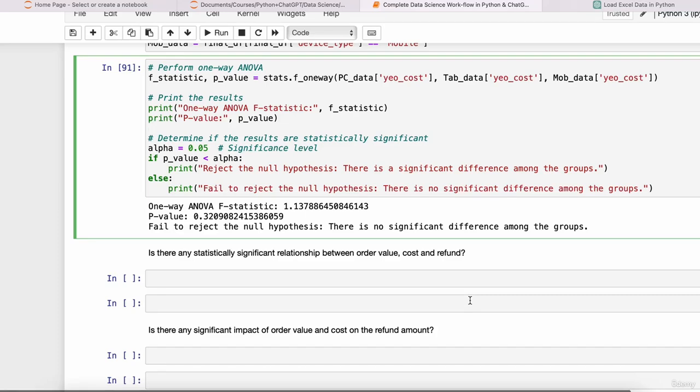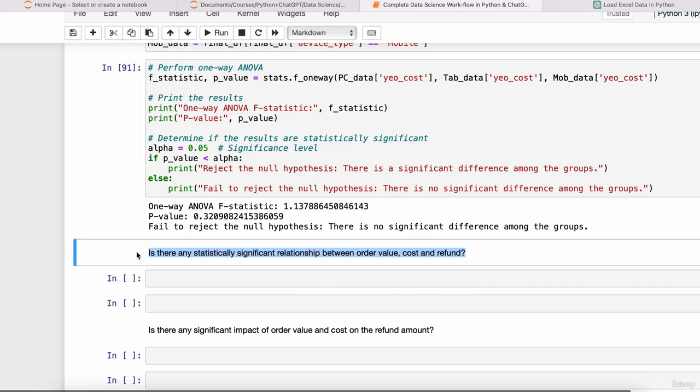Hello everyone, welcome to the new lesson. In this particular lesson we are going to answer the second statistical data analysis question. You can see the question is: is there any statistically significant relationship between order value, cost and refund? So we have our three numeric variables, and the question asks us to find out whether there is any statistically significant